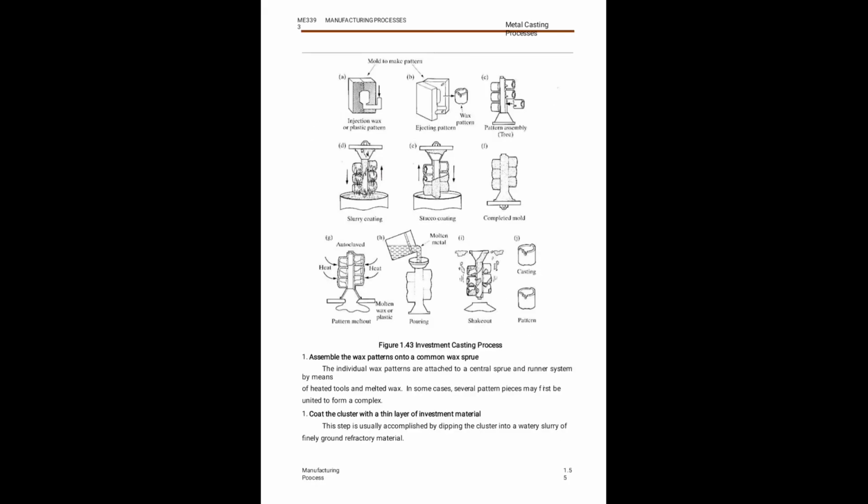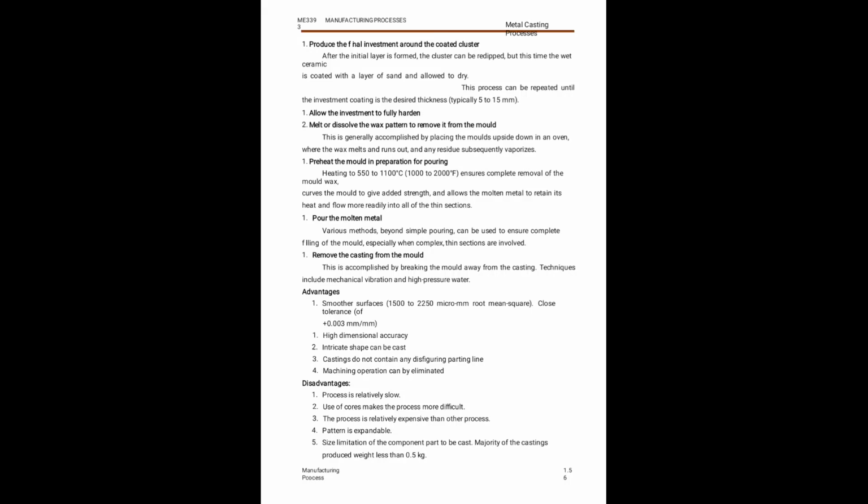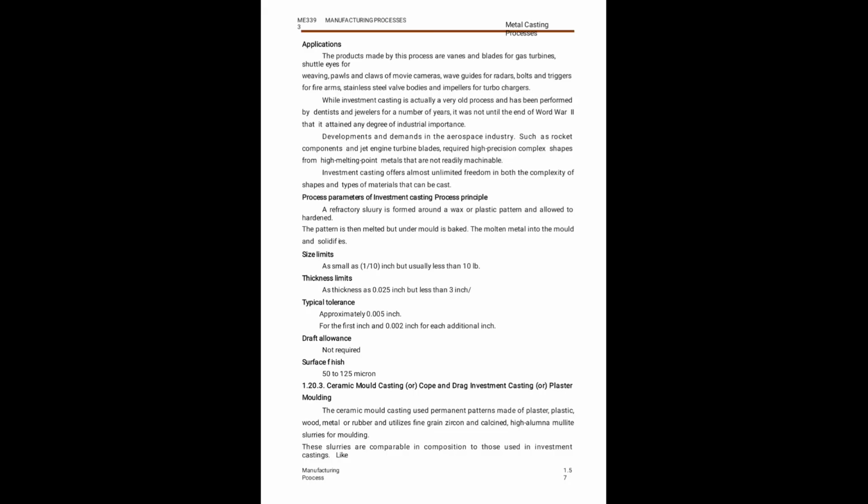This is a step-by-step diagram for making a lost wax casting. In this process, a sequence of steps will be handled. First one, making a wax pattern and assembly of wax patterns on the common wax sprue. Next, coat the cluster with the slurry. After heating to remove the wax, fill the mold cavity in the shell. Allow the investment to fully harden, with the support of heat and drying. Heating is around 500 Fahrenheit. Some applications are there for the